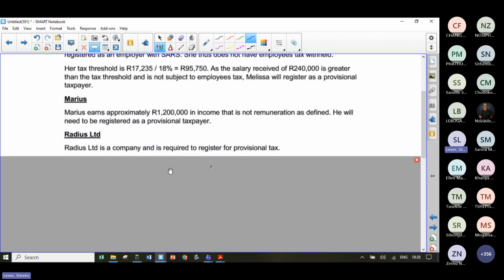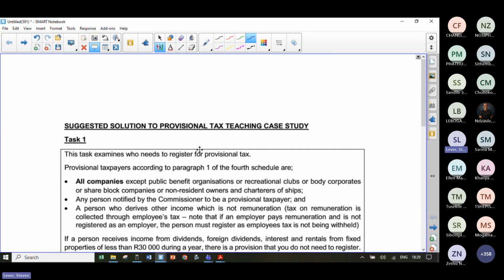So this is the first question. It might be a 3 or 4 marker in an exam where it says, should so-and-so have to register for tax? And how are you going to answer it? You're going to say, this is what their threshold is. They're above the threshold. It depends on how old you are. That's why I've done it like this.